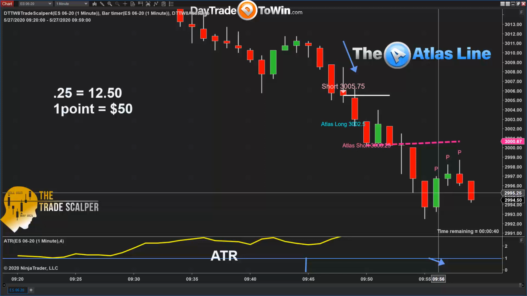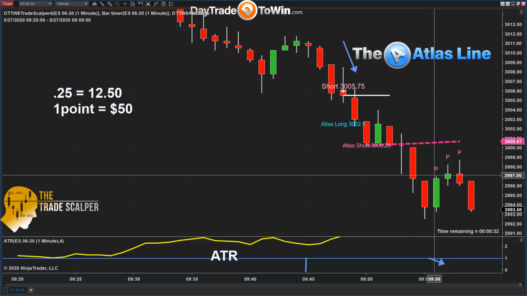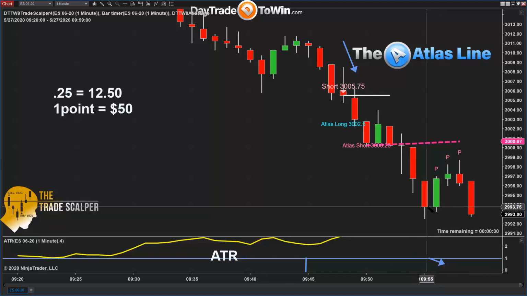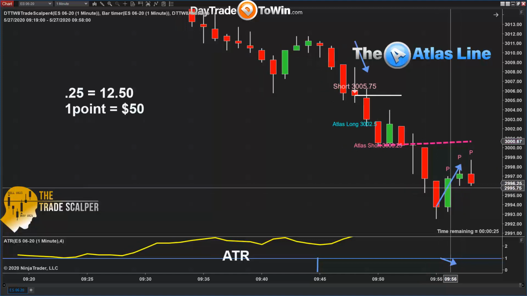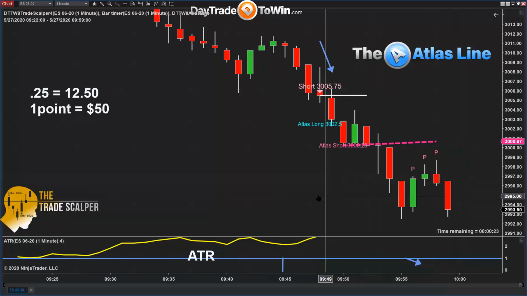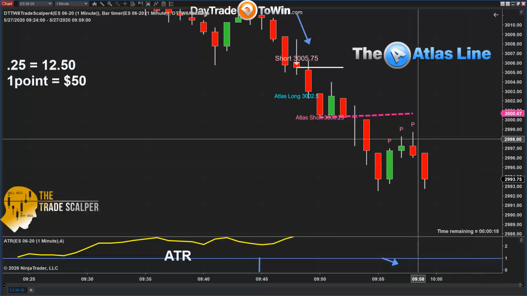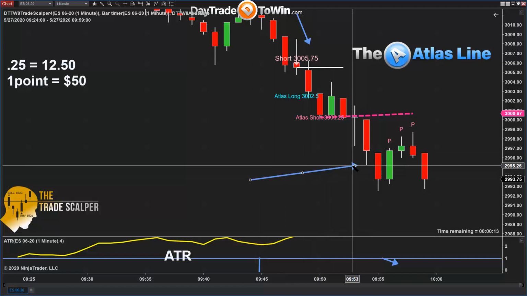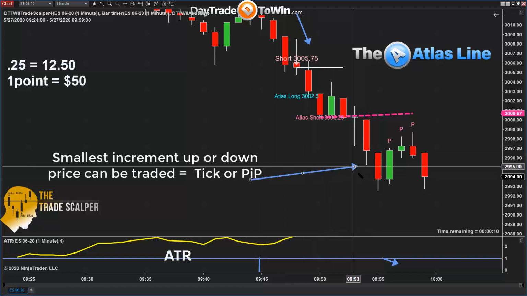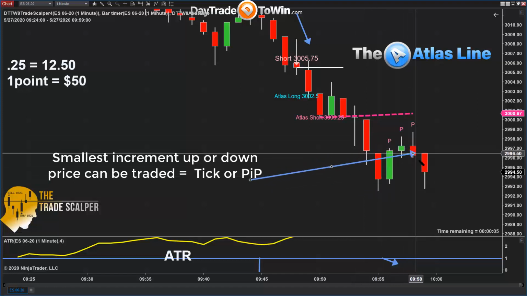All right, let me explain to you this signal here, this pullback trade signal that we see here. So this pullback trade signal on the Atlas line is the P's that you see here. So you see that the market is pulling back and coming back down. So there's a price action rule based off of this pullback. The first thing is that the market is trading below the Atlas line. So I know that I want to focus on short trades. I don't want to enter here right at the low of this. I want to wait for the market to pull back and then get me in.